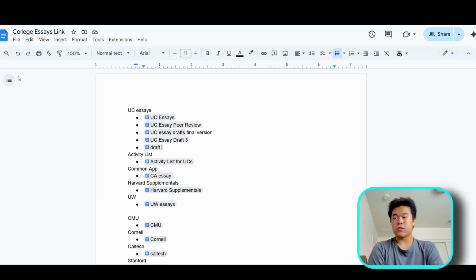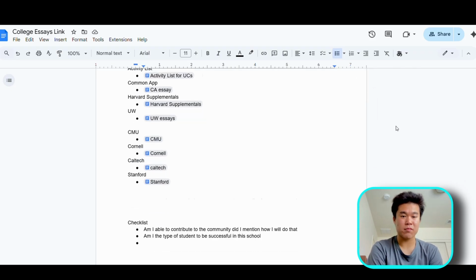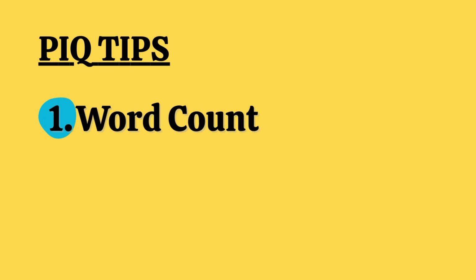I would definitely draft it in a Google Doc and copy and paste it later, because it might not save and that would suck. I have a couple of things to talk about here, but the first one is the word count. I was reading one of my underclassmen friends' essays, and she was using like 3 sentences to explain her activity, and in my opinion, that's a huge waste of